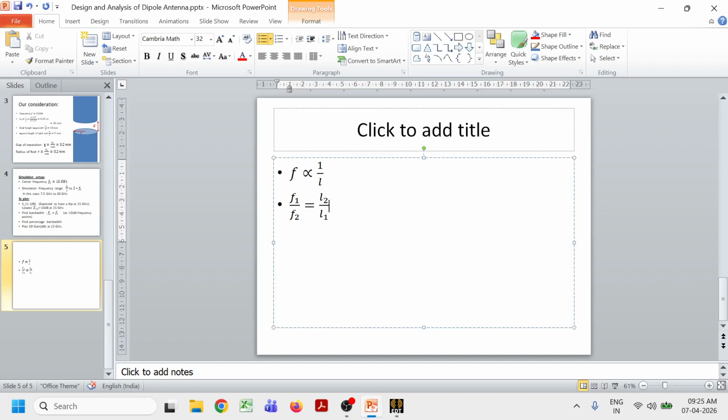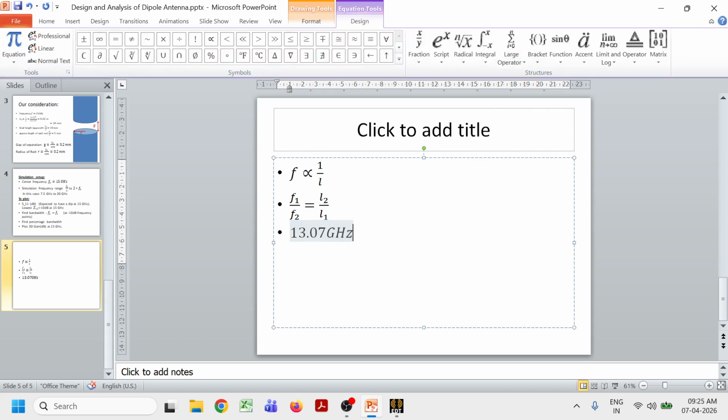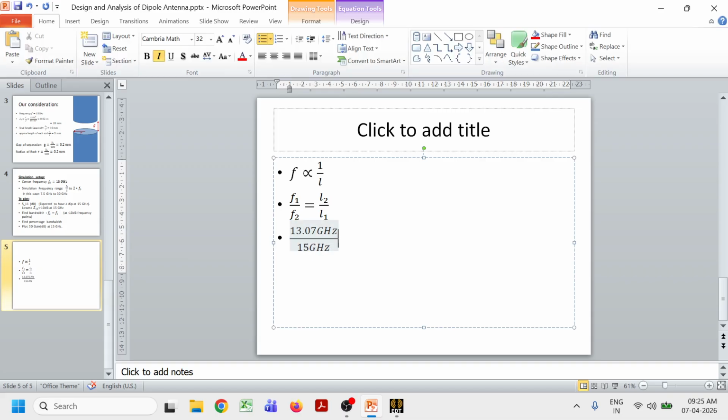So you can write it as 13.07 gigahertz divided by 15 gigahertz equals L2, corresponding to 15 gigahertz, upon L1, at our design of 10 mm,